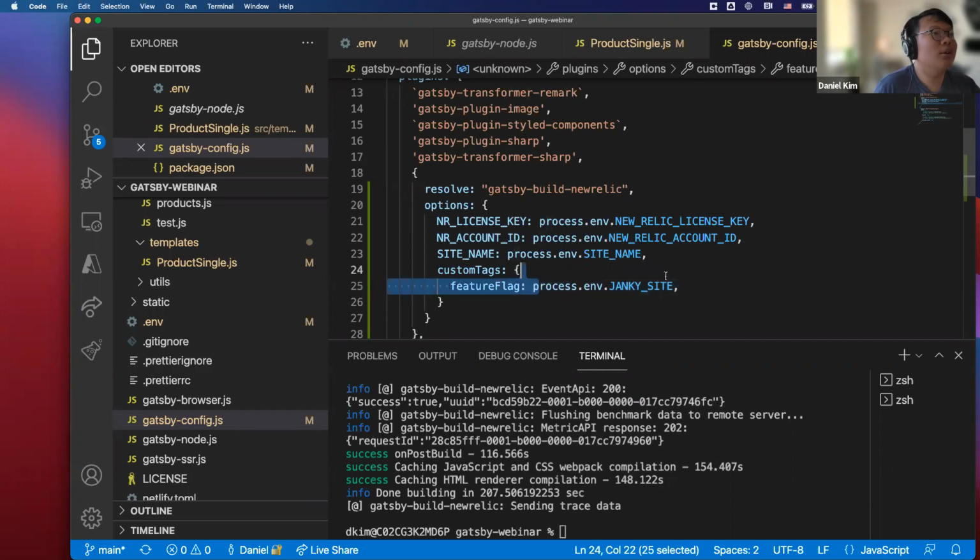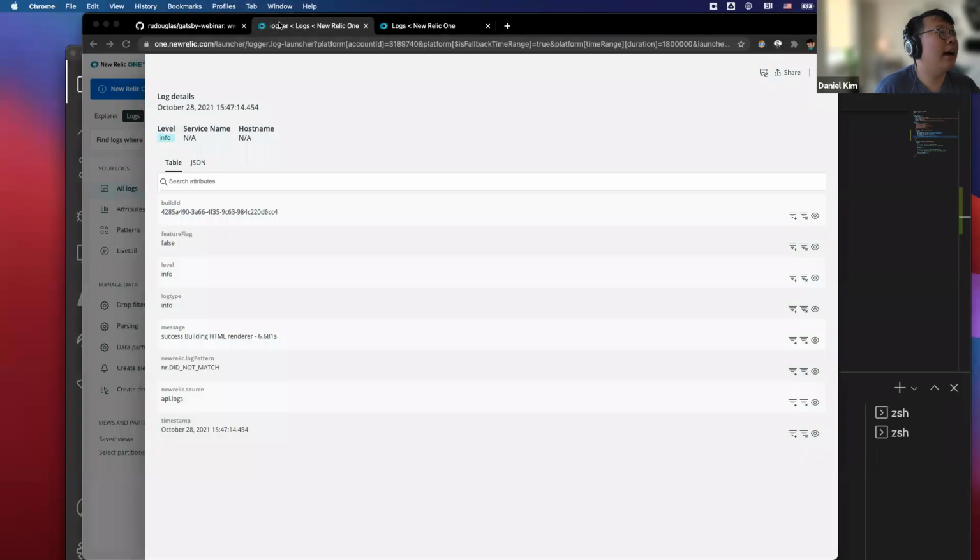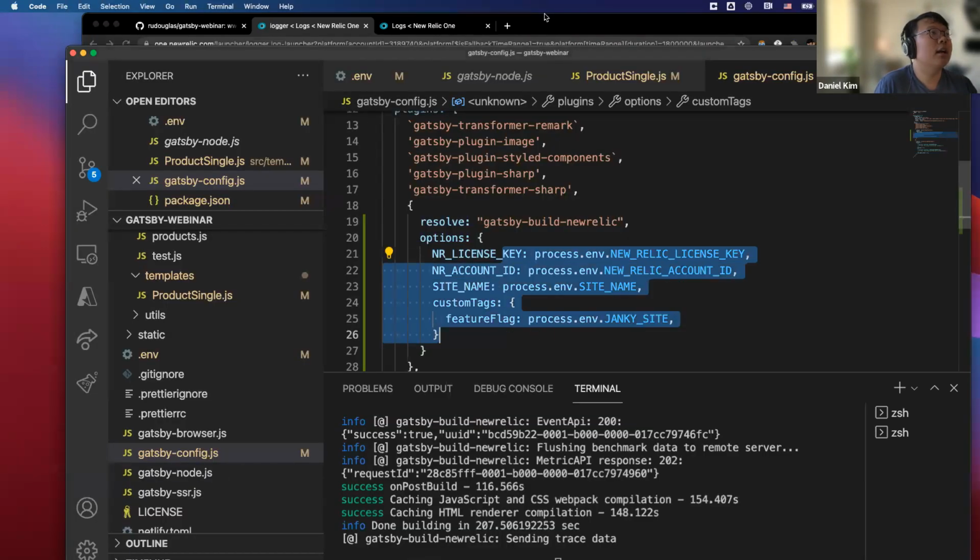I just set it equal to the janky site environmental variable. So you can see in the New Relic One UI here, false, which means that the jankiness wasn't turned on. You can add data into the plugin just by adding various data into your configuration here.